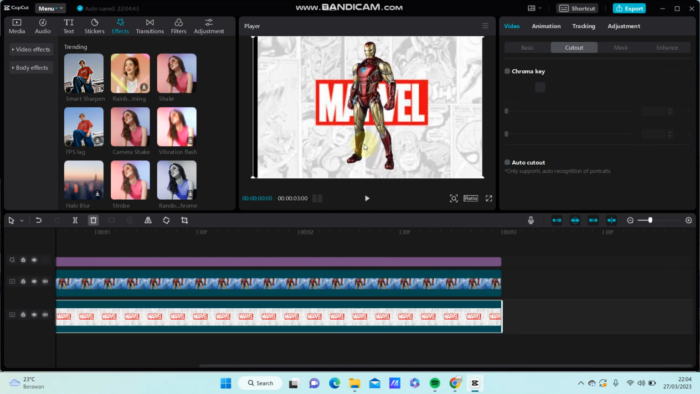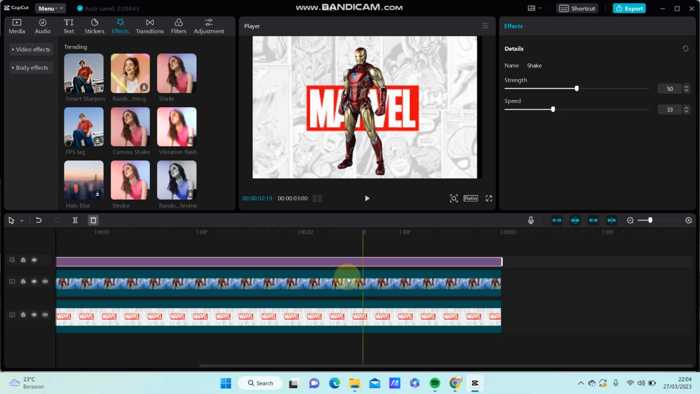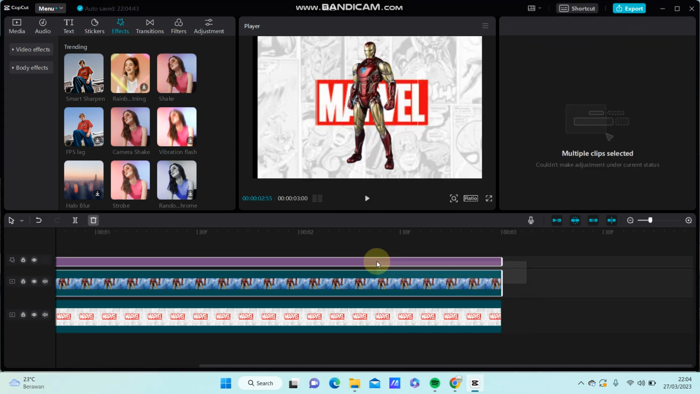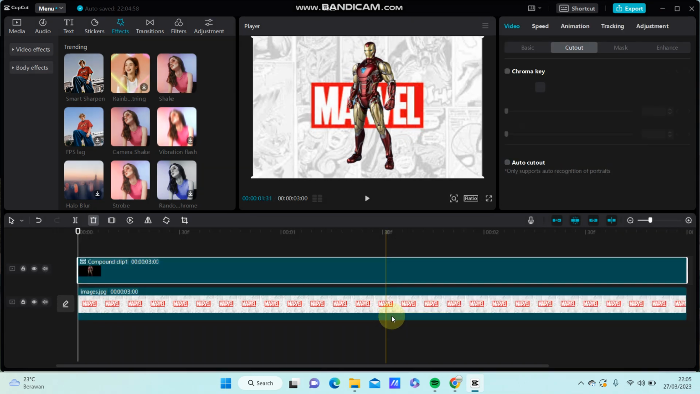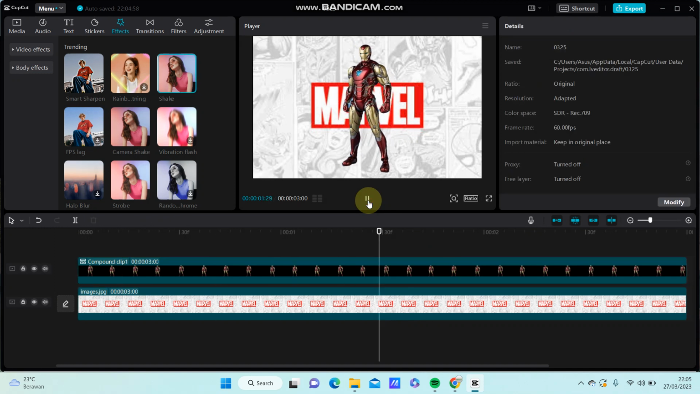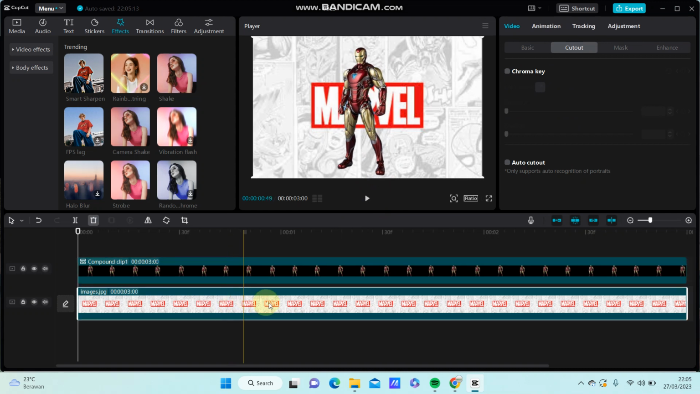Right. So how can you add the shark effect to the overlay only? So just click or select the overlay and effect, right click and select create compound clip. So you can see the shark effect is only added to the overlay only, without the main